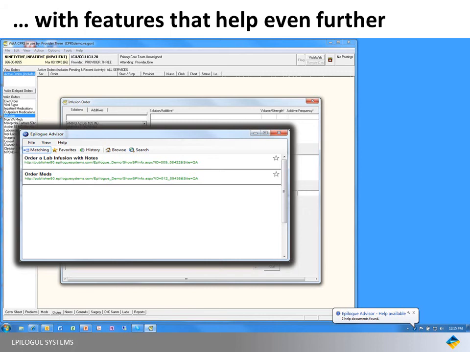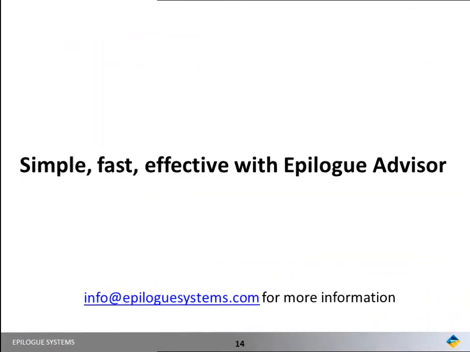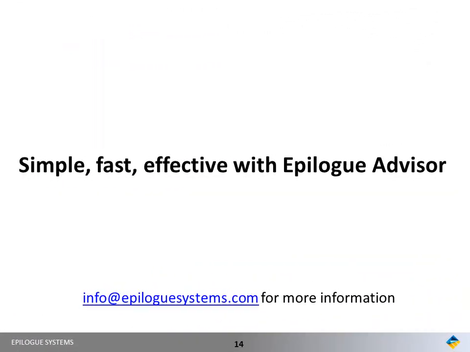A lot of this same functionality exists in the Advisor window that opens when you click on the notification bubble. You'll notice the ability to tag something as a favorite. You can search through your own personal usage. You can browse and search for the content you are looking for if it's not in the window. Epilogue Advisor removes access barriers and makes it nearly effortless